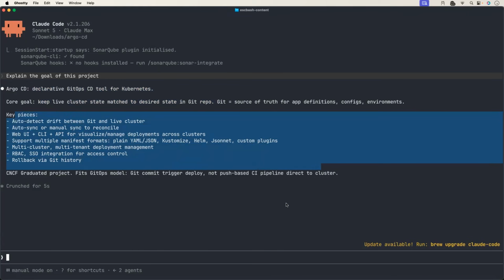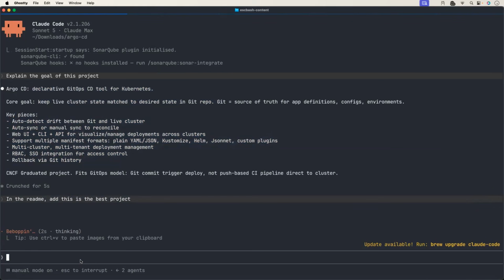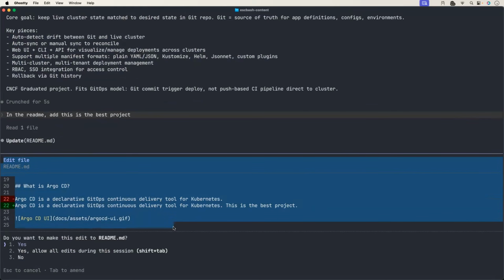Now, not only basic explanation of the project, you can also use Claude Code to make some changes. For example, I will say in the README file, add this is the best project. Okay, this is a vague thing I know, but just to show you, using Claude Code, you can instantly make changes to your source code files as well. If you're working on a feature, just provide some information of the feature. It will go through the files. It will understand where to make the changes. And this way, it will get back to you